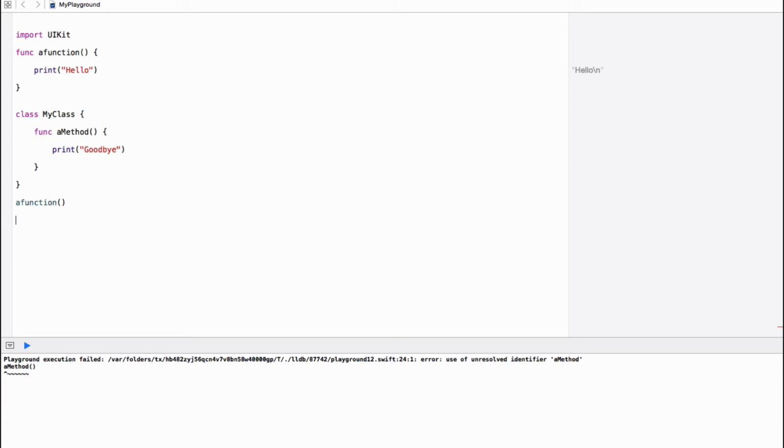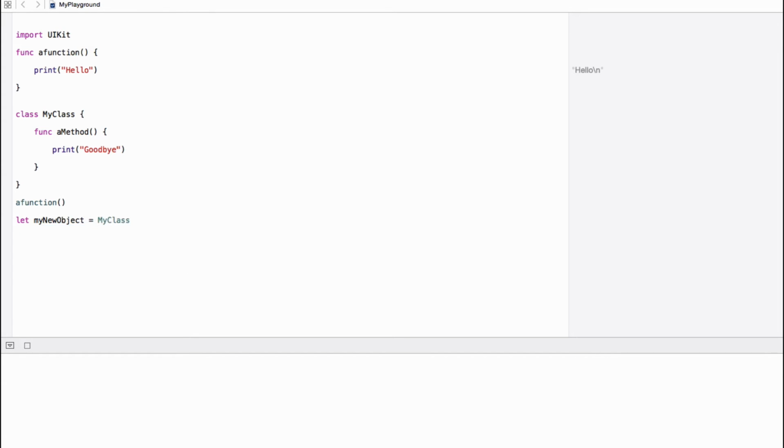And the way that we call methods is very different because a method is always associated with an object. So in order to create this object, I have to make a new object from my class. So let's show you what I mean. I'm going to use the let keyword. Let my new object equal my class. So essentially this line is taking my class, the blueprint, and making a new version of it called my new